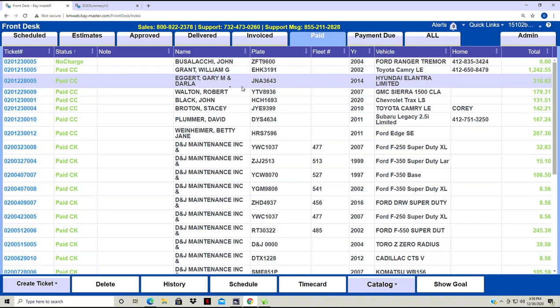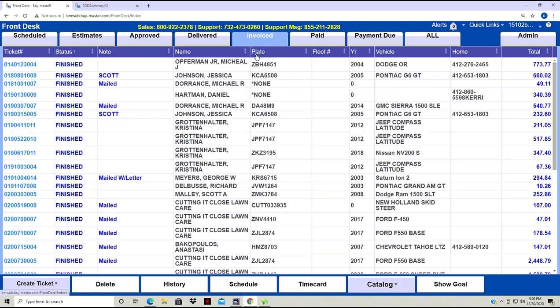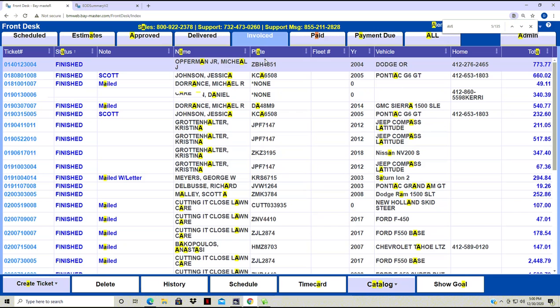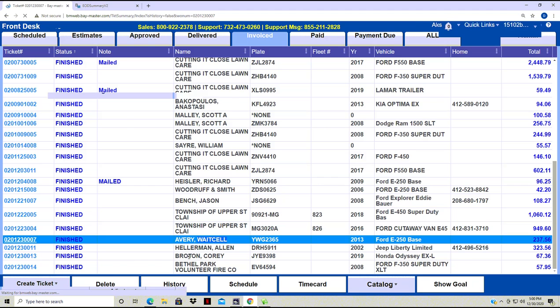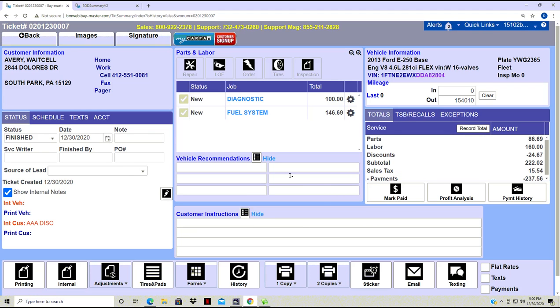What was the name? One second, there's a bit of a delay here. So you can hit Control F, and that'll search it. It looks like it wasn't finished. It looks like it wasn't marked charged, though. This is just finished. Yep, now it's paid credit card. Okay. So now that